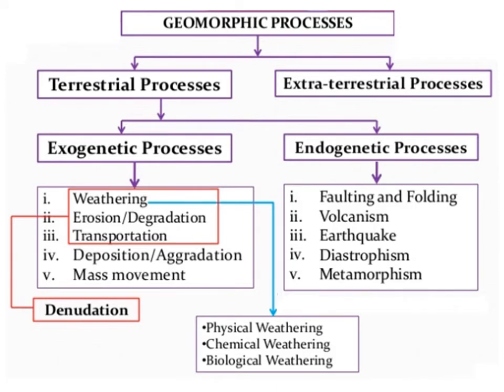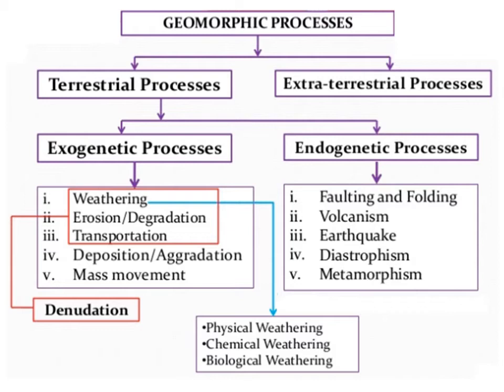Now, if we try to divide the geomorphic processes, whether they form and occur in the Earth, or whether there are factors or processes coming from outside the Earth, then we can divide them into two groups. The first group is the terrestrial processes. That means these processes originate and occur in the Earth, and the second group is the extraterrestrial processes. That is, these processes originate outside the earth, and in due time they will impact the earth's surface features.